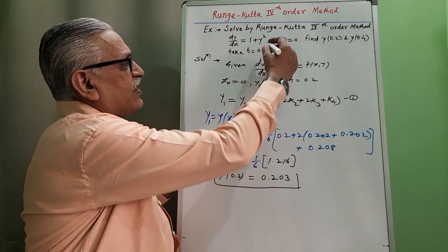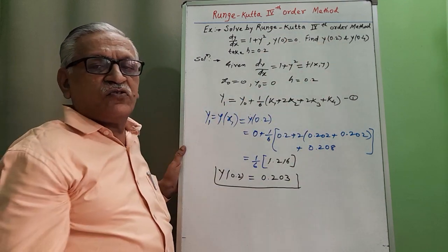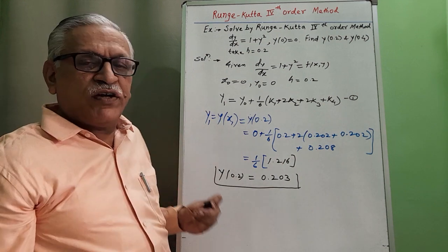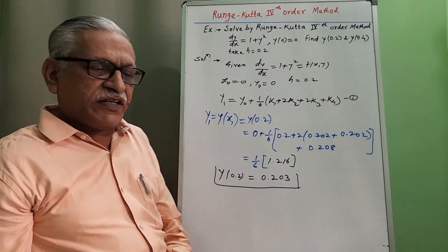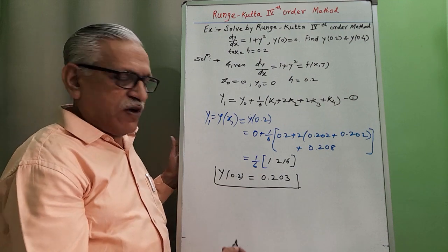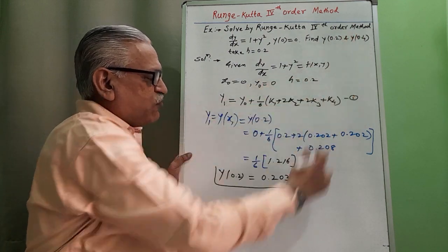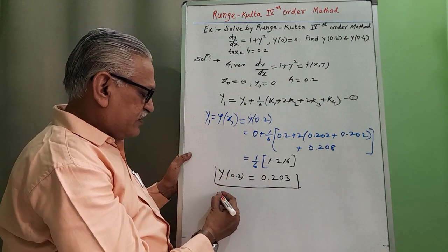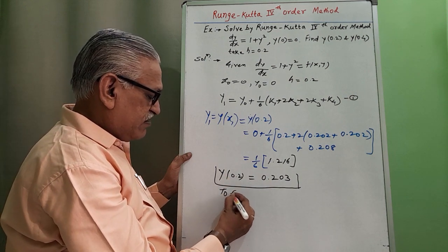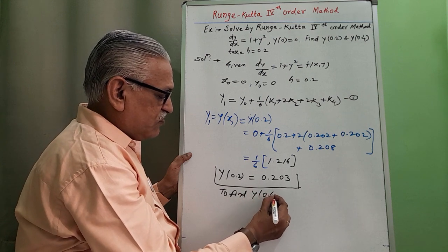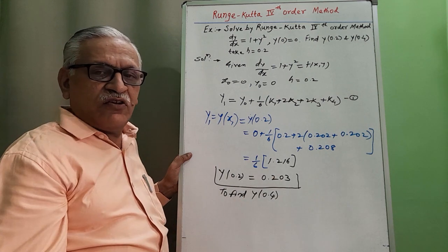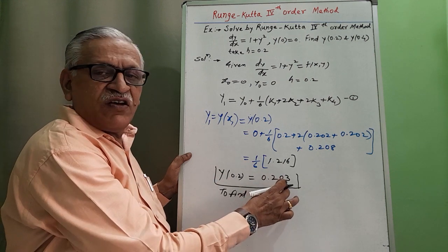A required first value y at 0.2, we get as 0.203. Here the first step of the first part is completed. I have completed the first part, and then to determine y at 0.4,